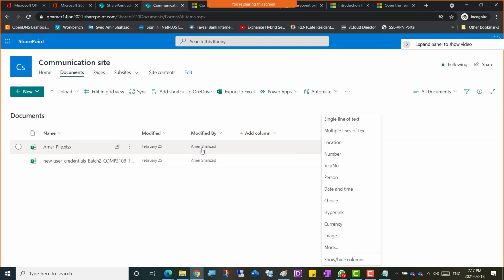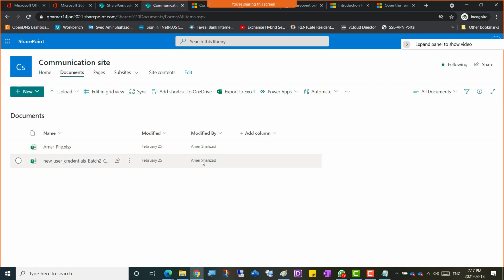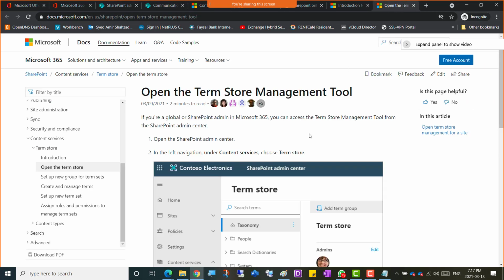So modified by who? My name, right? At what date? This date. So modified by who? This document would be the metadata, or information about the data, which is the document here, right? So the more columns you add here, that would be just extra information about what you uploaded here, right? So that would be called metadata, or data about data, information about information, right? So this is just an example, but if I go back here,